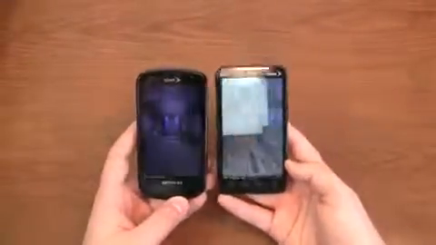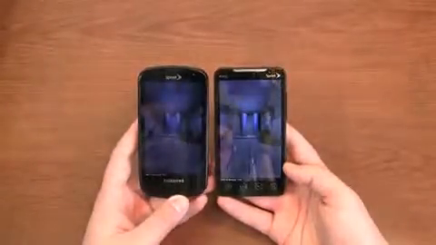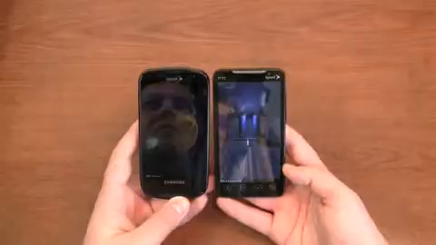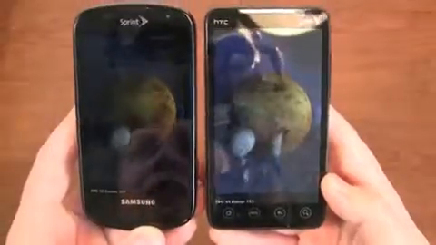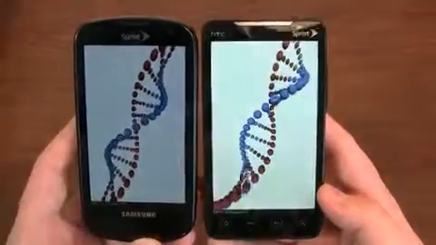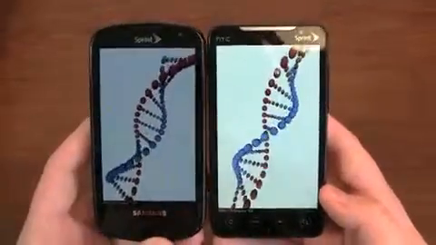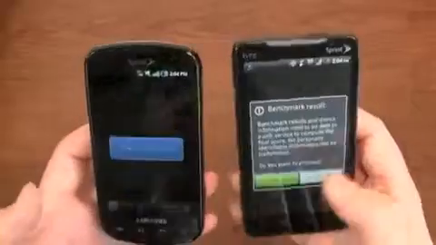On the EVO 4G end, it charges much faster. But in terms of battery life, with moderate use, a day to maybe max a day and a half. With moderate use like calling, texting, emailing, use of the Android market, things like that. So, about the same in terms of battery life. Network connectivity has been very good. Both of these earpieces are loud, especially the Epic 4G is a very loud earpiece, which is a great thing